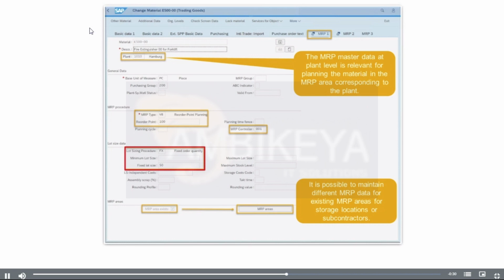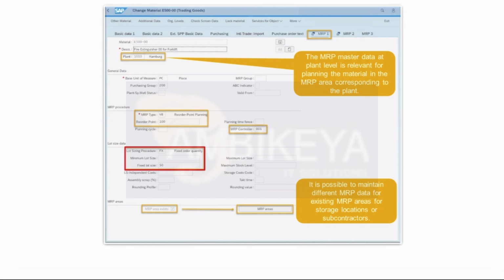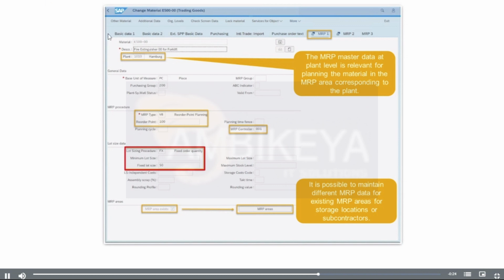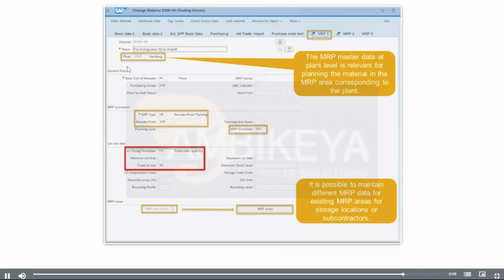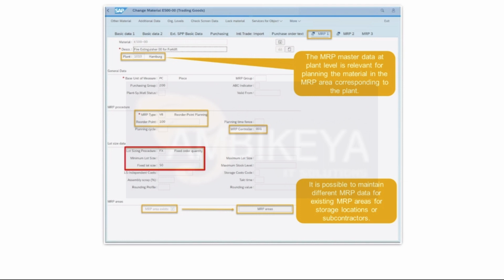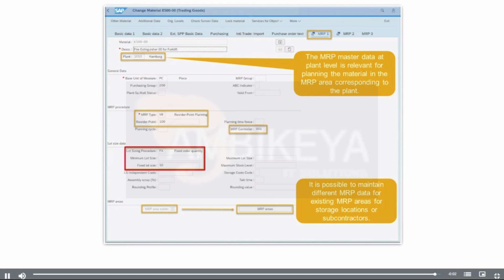The data related to the lot sizing procedure. The lot sizing procedure determines which lot sizing procedure the system uses within materials planning to calculate the quantity to be procured or produced. The lot sizing procedure also controls which additional parameters can or must be maintained in the Material Master record. For example, if you choose the lot sizing procedure value FX, that is, fixed order quantity, the system requires you to enter a fixed lot size in the corresponding